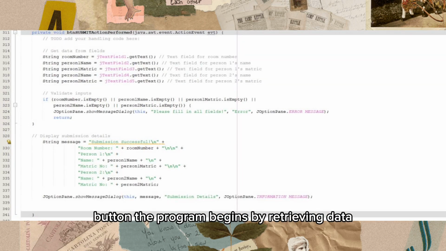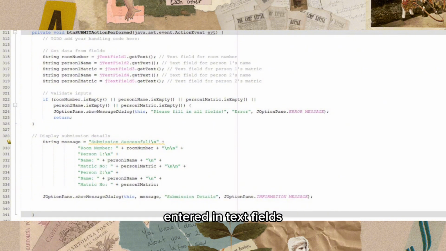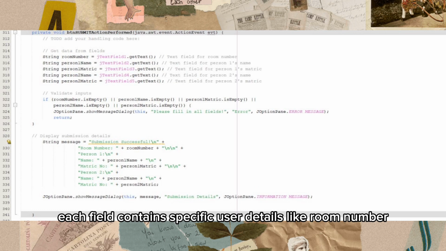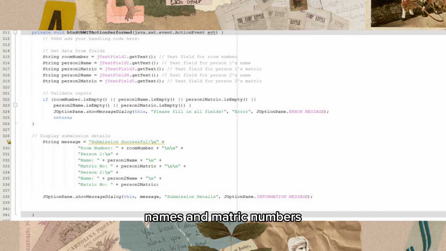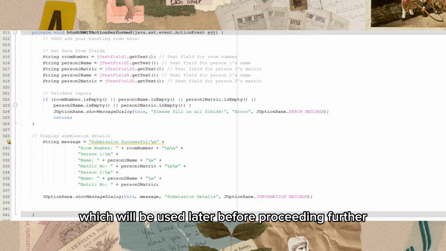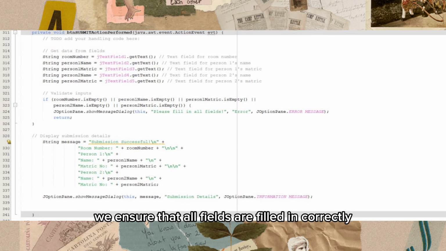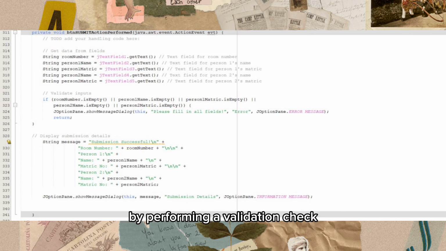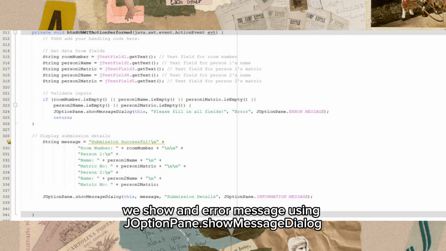For the submit button, the program begins by retrieving data entered in text fields. Each field contains specific user details like room number, names and metric numbers. In this part, we use the getText() method on each JTextField object to collect user input. We store these values in variables which will be used later. Before proceeding further, we ensure that all fields are filled in correctly by performing a validation check. Here, we use isEmpty() to check if any of the fields are empty. If one or more fields are missing, we show an error message using JOptionPane.showMessageDialog to notify the user and